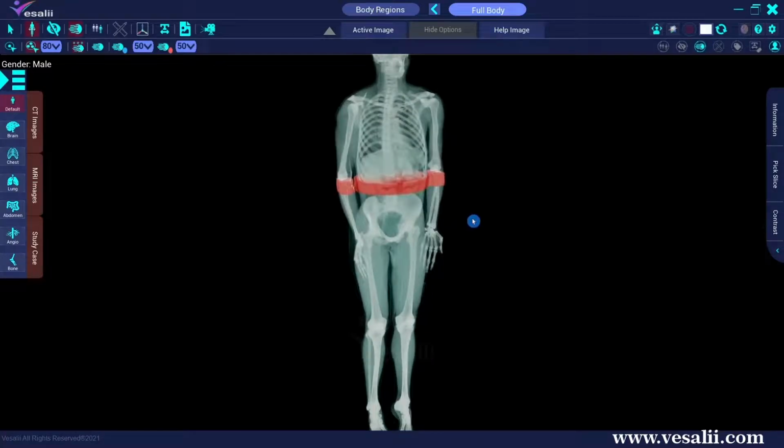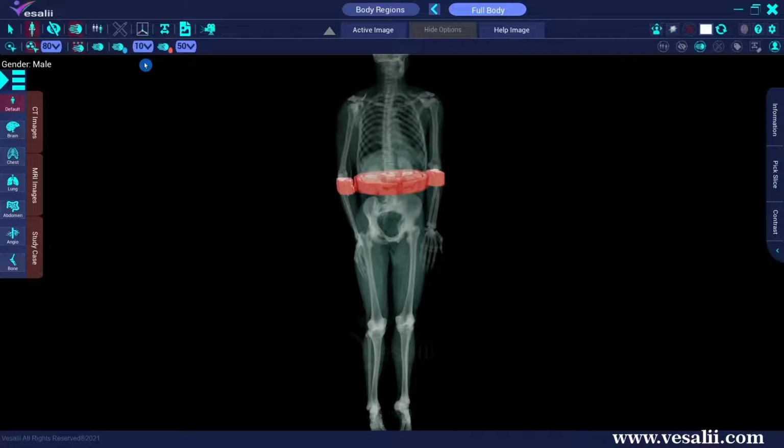For the Fade Others option, this icon here is used to control the level of transparency applied to the faded slices. This icon here is used to control the level of the red tint applied to the highlighted slice.